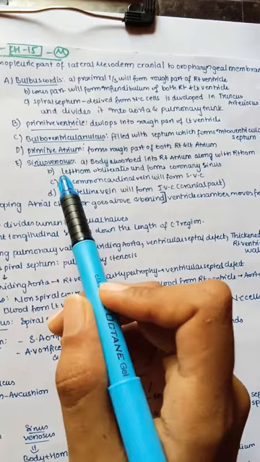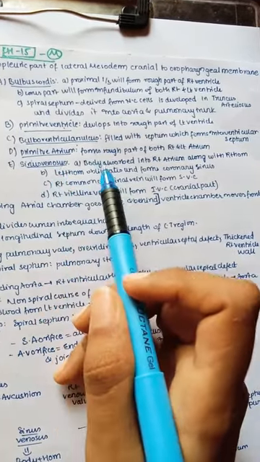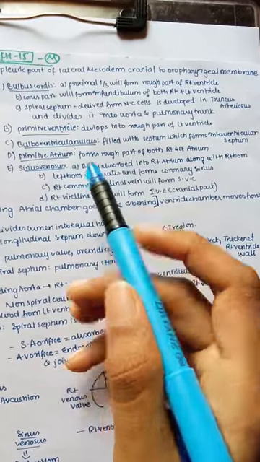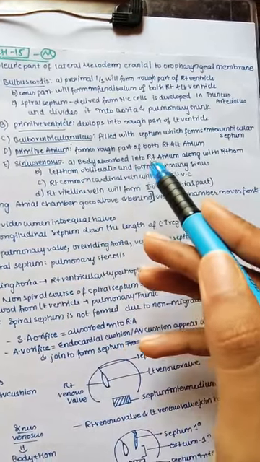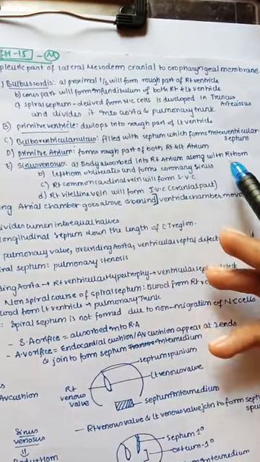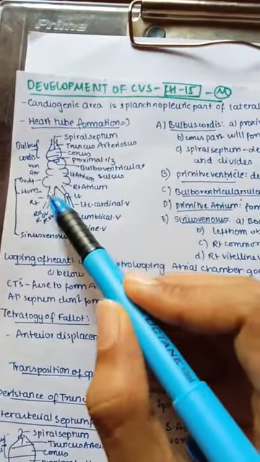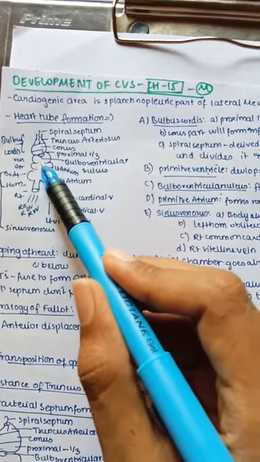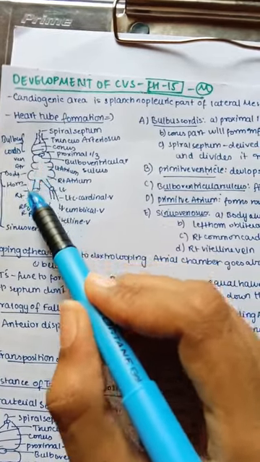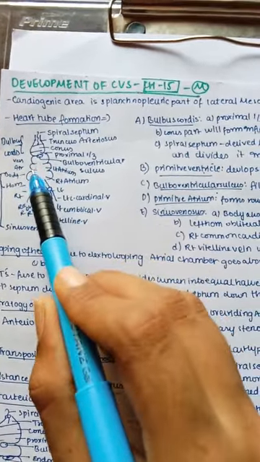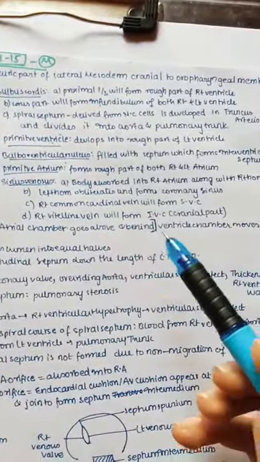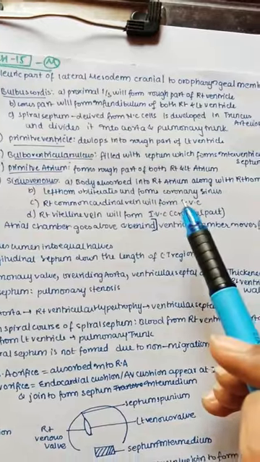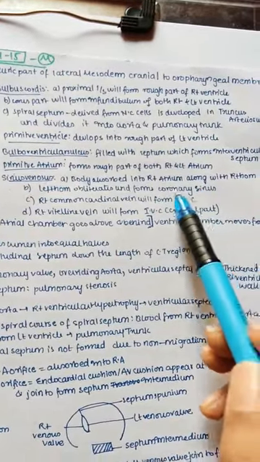Next, coming to the sinus venosus. As we discussed, it has a body, and right and left horns. Let us see. The body is absorbed into the right atrium along with the right horn. So this right horn and this body are both absorbed into the right atrium. We know this is the left atrium, this is the right atrium. So both structures are absorbed into the right atrium. And the left horn obliterates and forms the coronary sinus. So the left horn will disappear and only forms the coronary sinus.